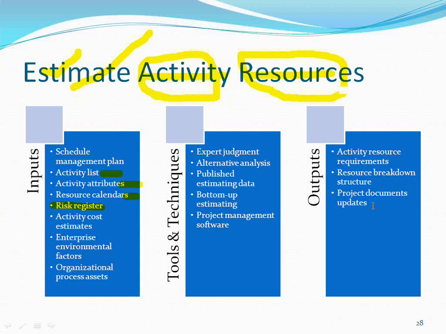Okay. Bottom up estimation is when sometimes you will not be able to estimate an activity. Then you will further subdivide this activity and then you will sum up. So from bottom you will go to top. That is called bottom up estimation. You are not confident. I will ask you